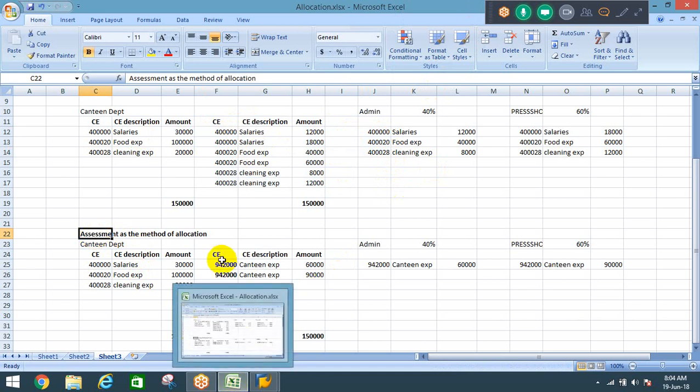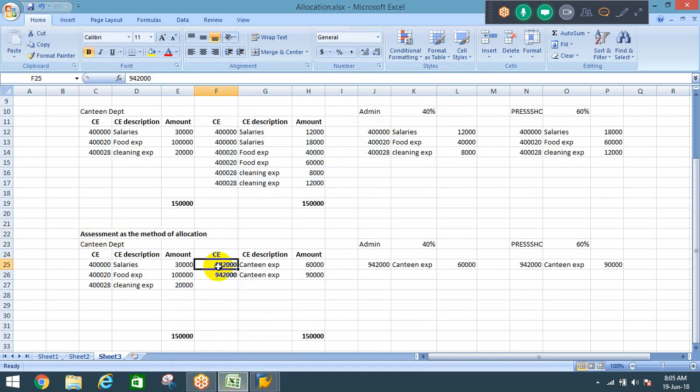Assessment lo it will use secondary cost element. Okay, it will credit with the secondary cost element. 942 అనేది ఒక కాస్ట్ ఎలిమెంట్ క్రియేట్ చేస్తాం, ఆ కాస్ట్ ఎలిమెంట్తో క్రెడిట్ అవుతుంది. ఇక్కడ రిసీవర్ సైడ్ కూడా ఆ కాస్ట్ ఎలిమెంట్తోనే డెబిట్ అవుతుంది. ఓకే,